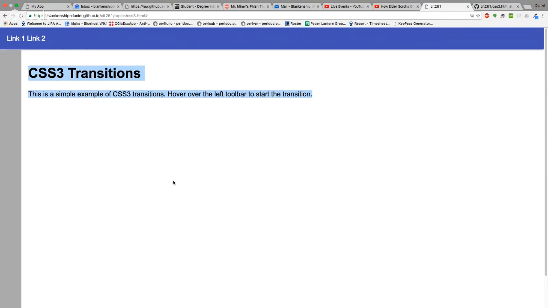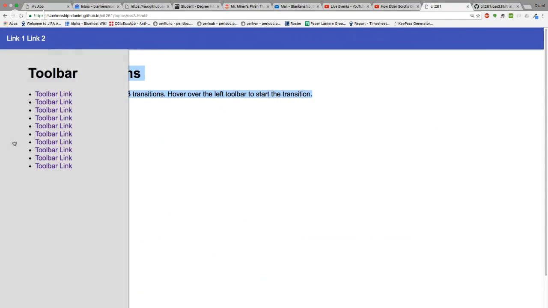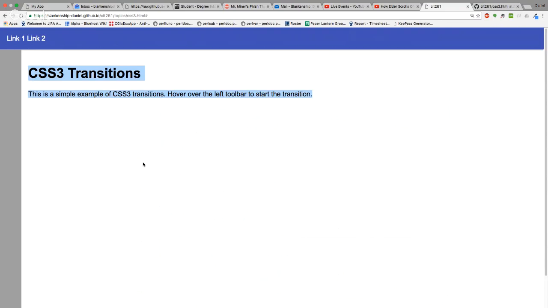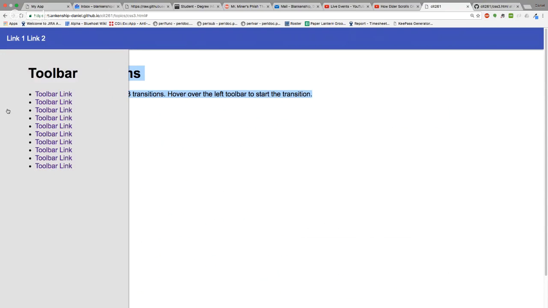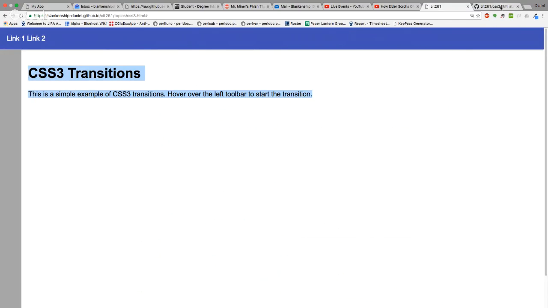Now you notice two parts of this. One is pretty subtle. You'll notice that it's a darker gray, and then as I hover, it gets a little bit lighter. It's very subtle. And then it also comes out and covers that part. So this is just a short little demo. If you go over to the code here,